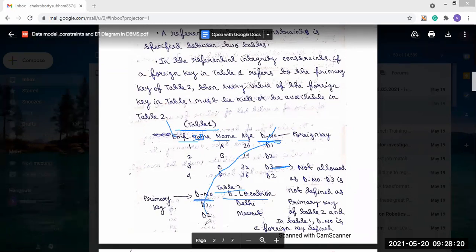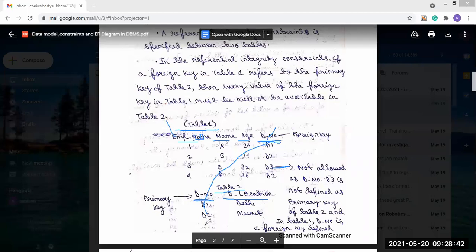So in the foreign key, we cannot define any new value that is not present in that table. We can contain the null value or a value that is already present; we can only use that. Okay, so this is the referential integrity.